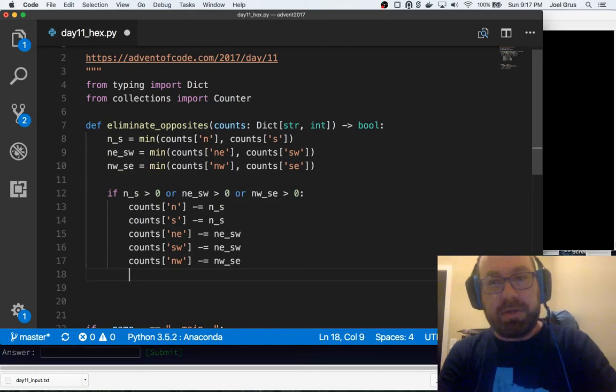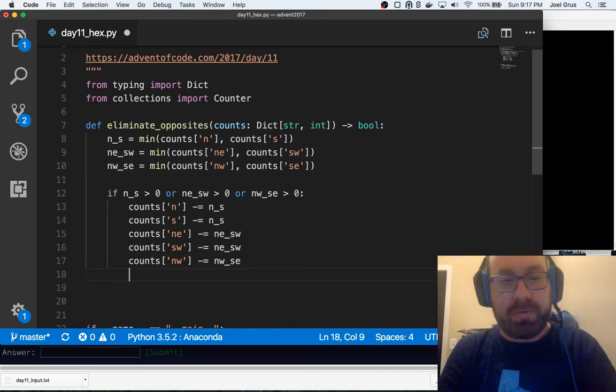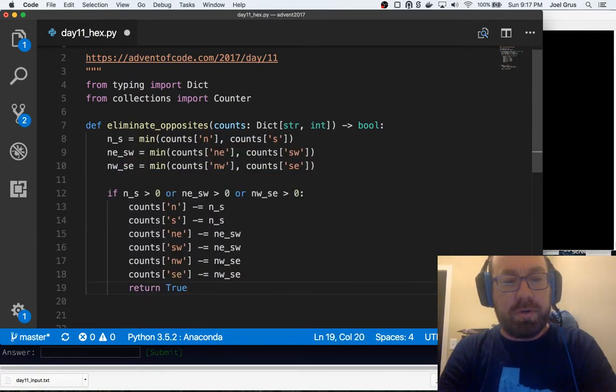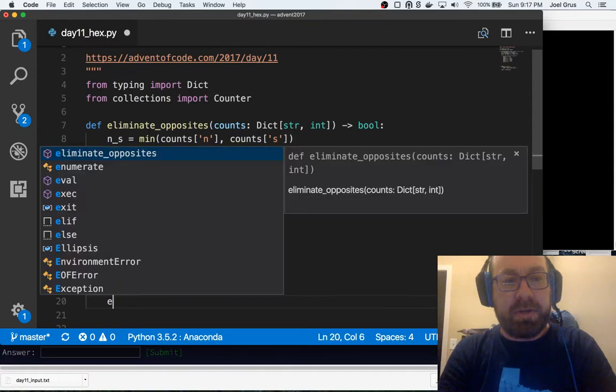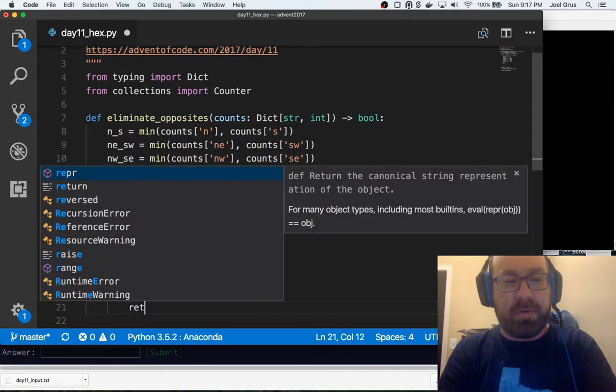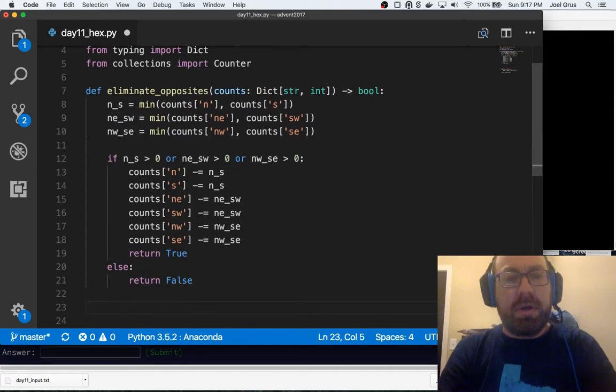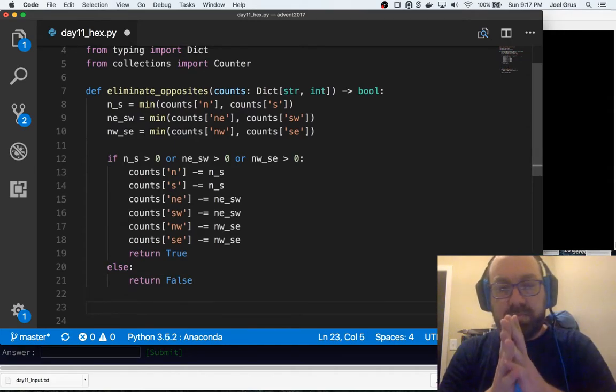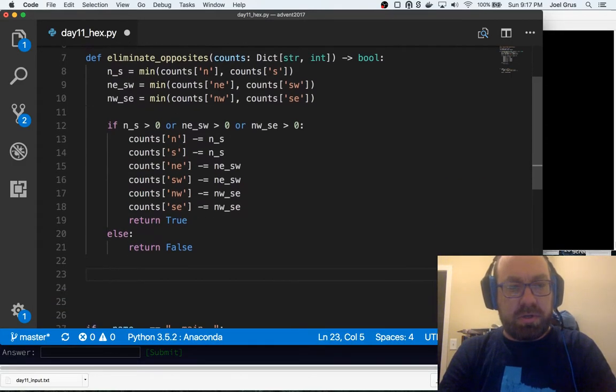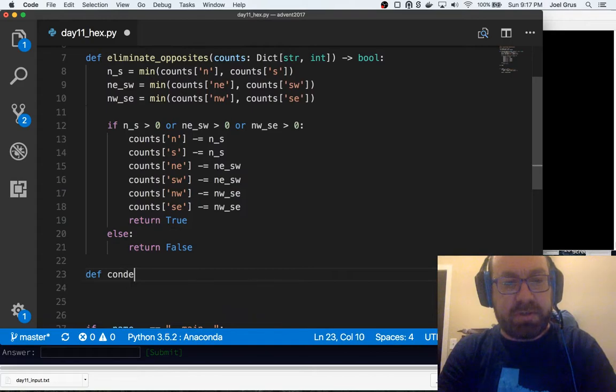If at some point I go northwest and at some other point I go southeast, I can get rid of those. And then counts southeast minus equals northwest southeast, and then I will return true, meaning that I eliminated something. Otherwise, I'll return false. And then